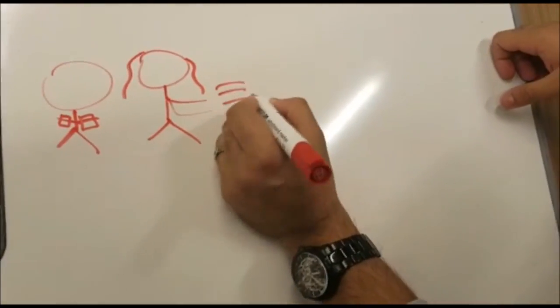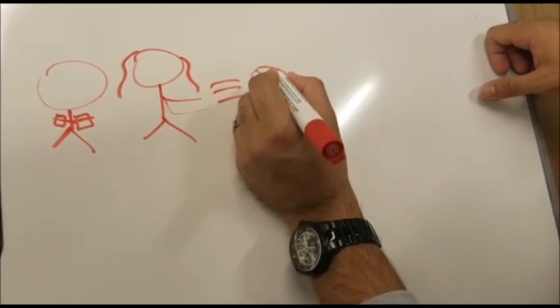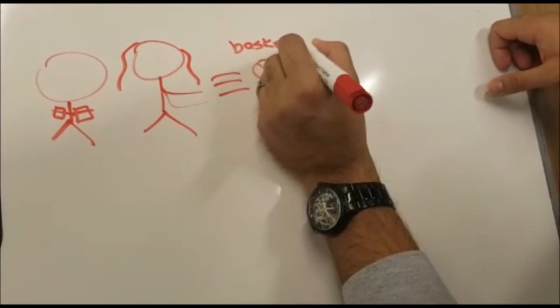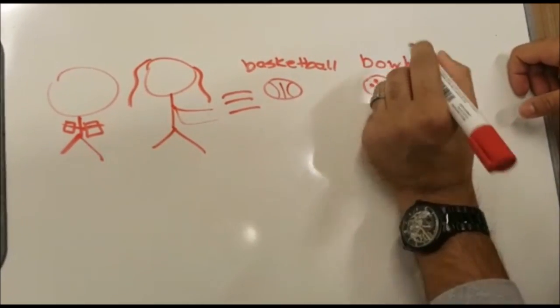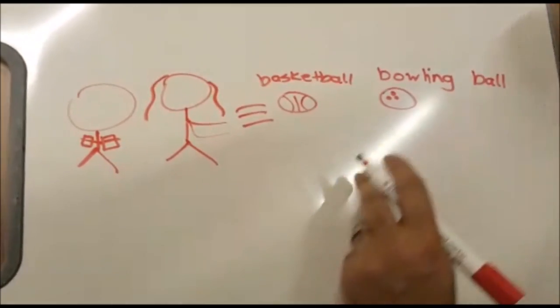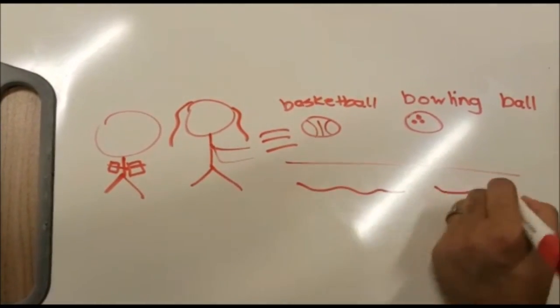So, let's assume a mom dropping her son off at the pool before she goes to work. Conveniently, the mom happens to be a physics teacher and has two balls with her, a basketball and a bowling ball. To teach her son about the effects of buoyancy, she drops both balls in the pool.